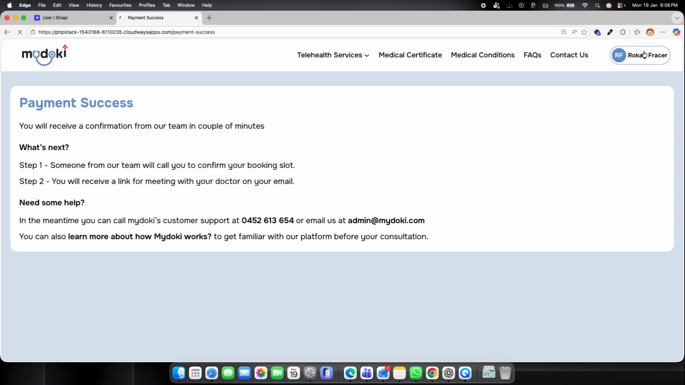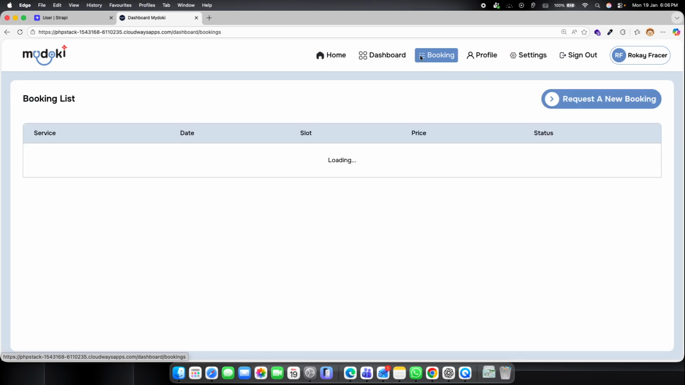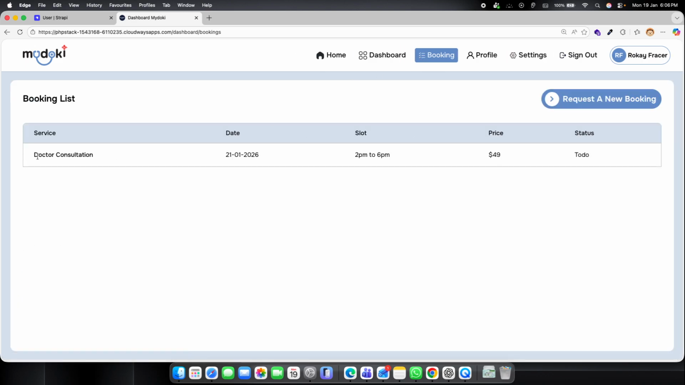If I go to my account, in terms of the user dashboard or patient dashboard, and go to bookings, I will have that booking that I just created. Its service was doctor consultation. The booking date is 26th and the slot was this, the price was this, and the booking status is right now